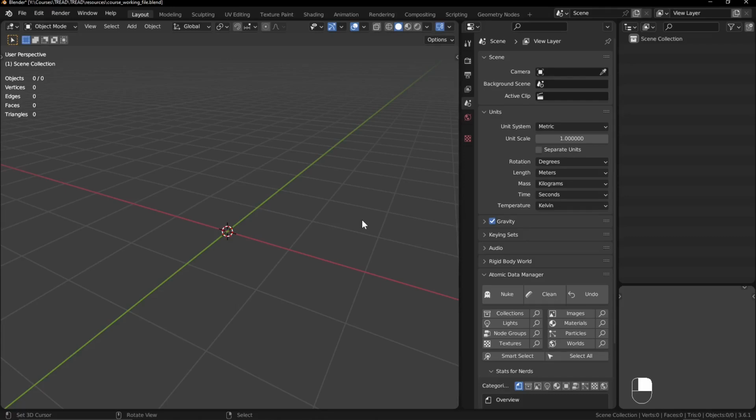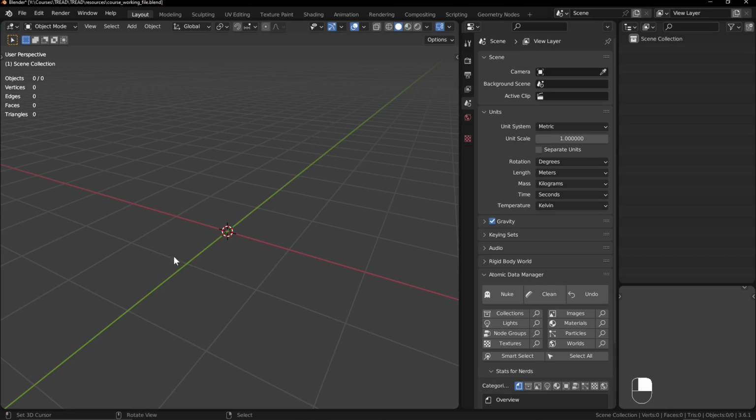All right, so you're probably tired of all the preamble now, and you're ready to just get into modeling this asset. So now, unfortunately, before we do exactly that, we do want to do a little bit more setup. And that's going to be setting up our reference images. Generally, when we work with models, we don't want to model it just from our memory alone. And we're going to need to use some kind of concepts or reference to help guide us along the creation